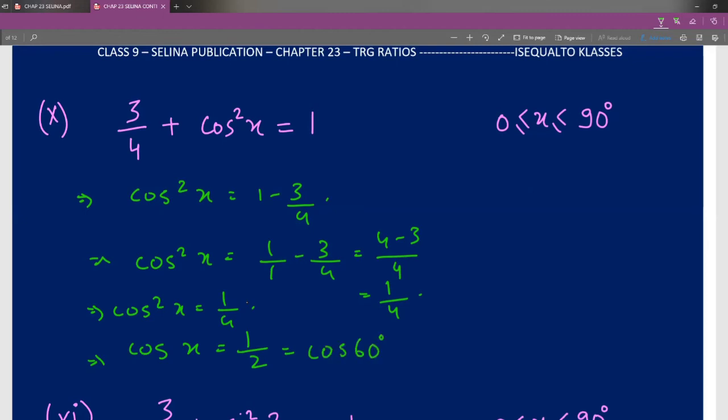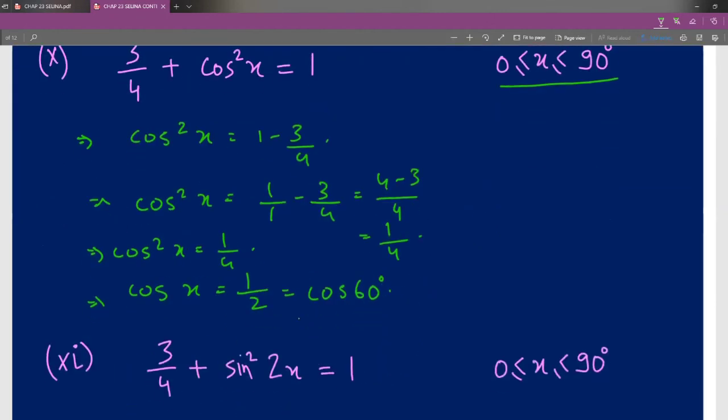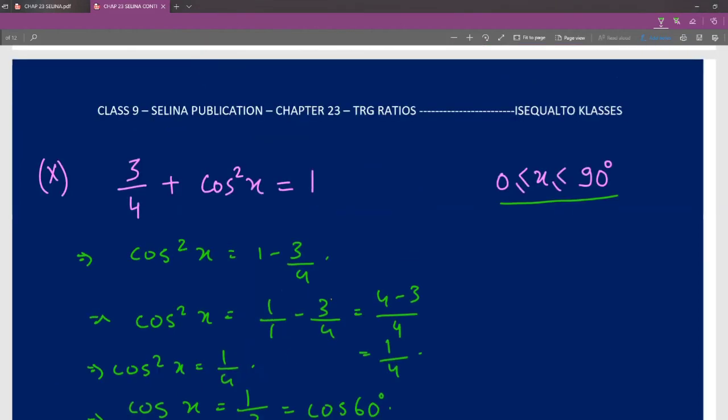60 degree. Okay. Now, as I've said before, I'll look at the condition over here and I'll see whether the answer that I've gotten over here, that is x is equal to 60 degree, satisfies this condition or not. Now, this condition states that whatever answer you've gotten for x, that should be either greater or equal to 0 or less than equal to 90 degree. Now, 60 degrees is greater than 0 and smaller than 90 degrees. So indeed, our answer is correct.